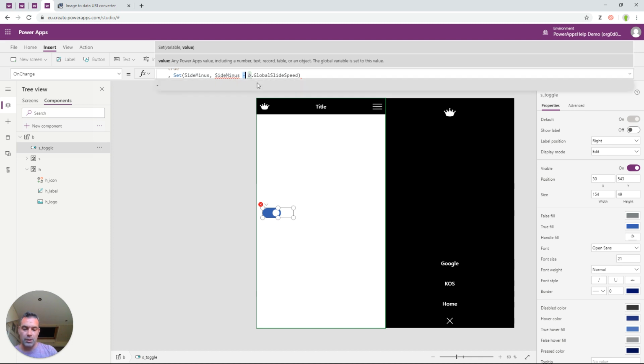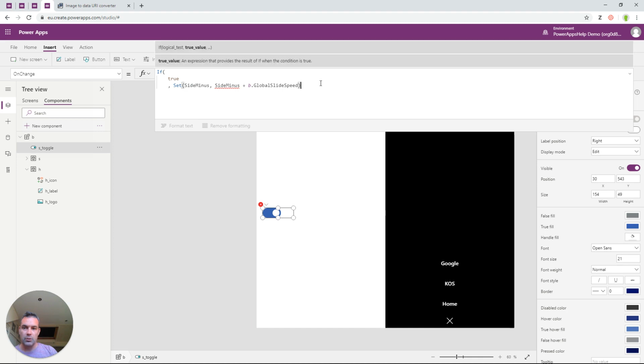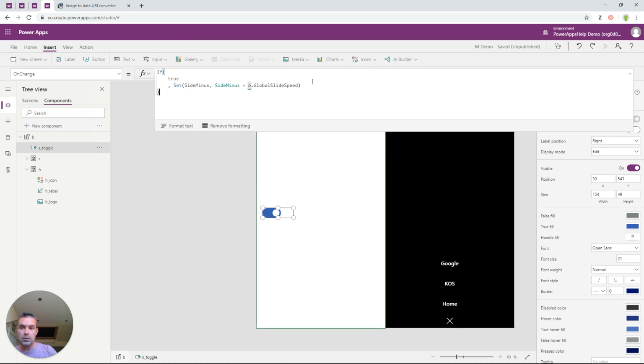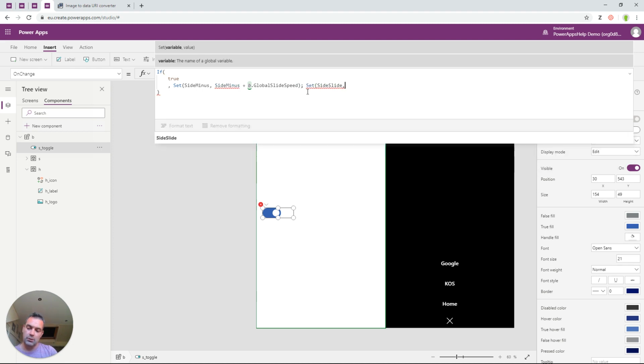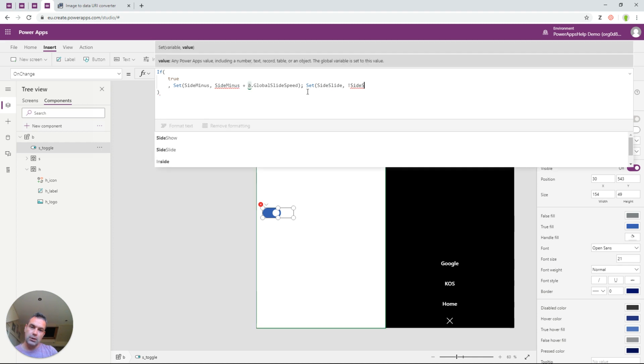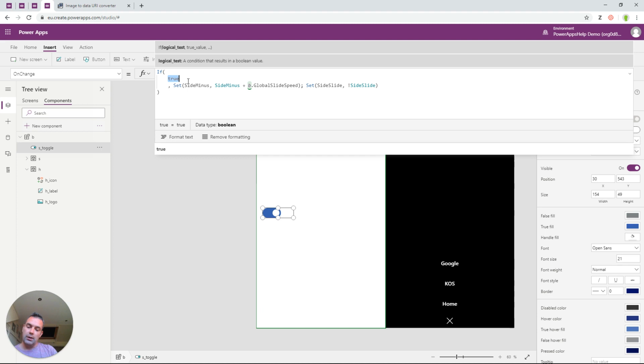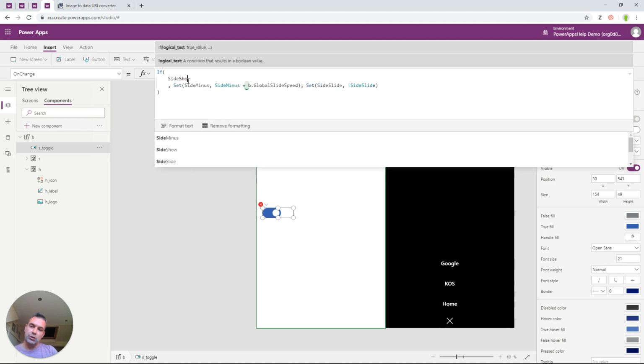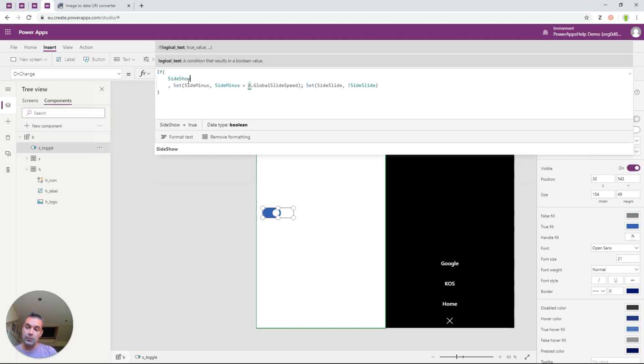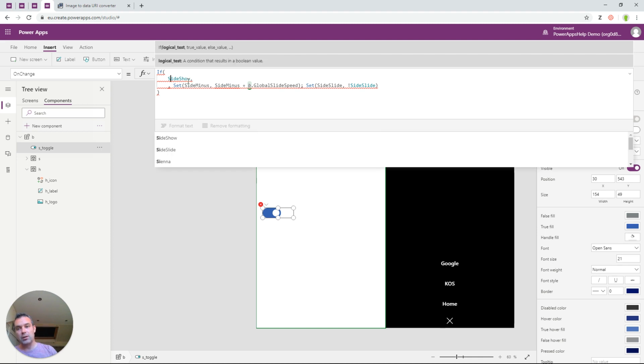This is going to be a plus, I think. Well, let's make this a little bit bigger so we can see. And then after that, we go on to set the side slide to side slide, which will change the variable on my default of the toggle, and it's going to toggle again. So now let's say here for side show should be true,